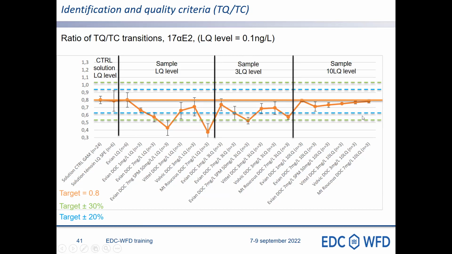So here we are in intermediate precision condition, just to show you that it's quite stable. We have, nevertheless, sometimes we are out of our acceptance criteria. It means that it is really important to have this flow chart,